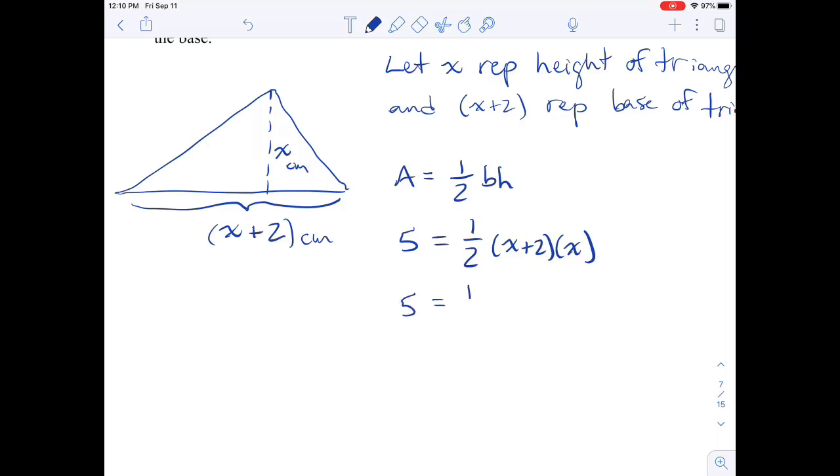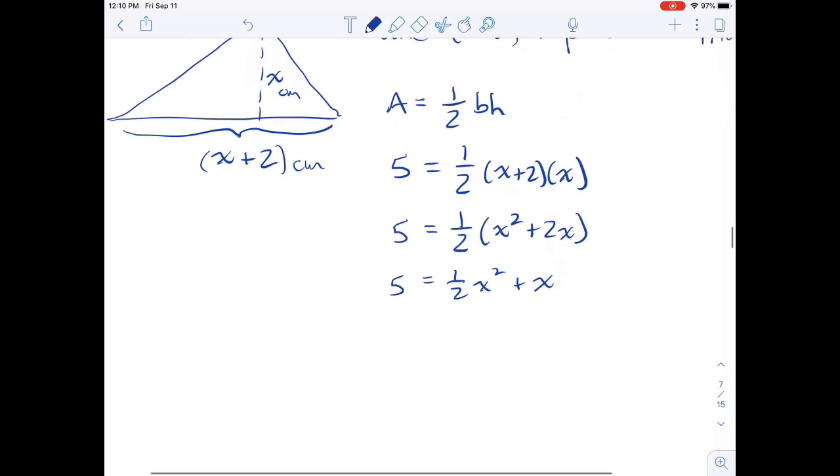So that means we have to do a little bit of expanding if we want to simplify this into more of a regular standard form quadratic. So these would multiply to be x squared plus 2x, and now I'm going to multiply the 1/2 into everything. So 5 is equal to 1/2 x squared